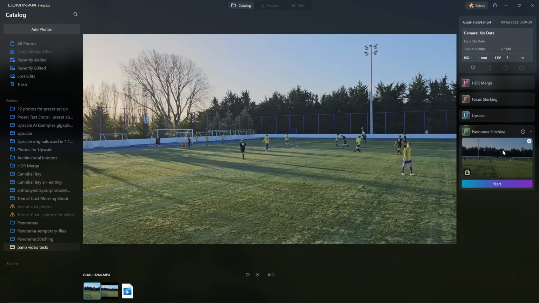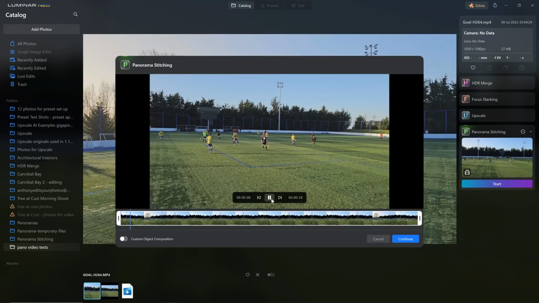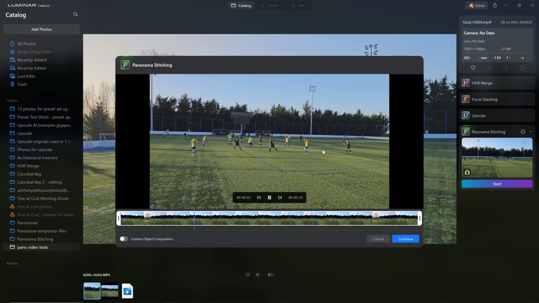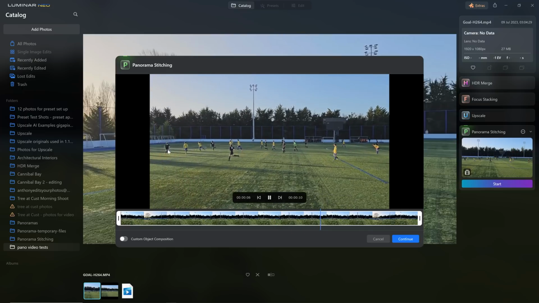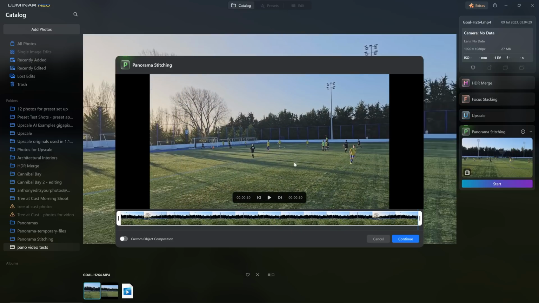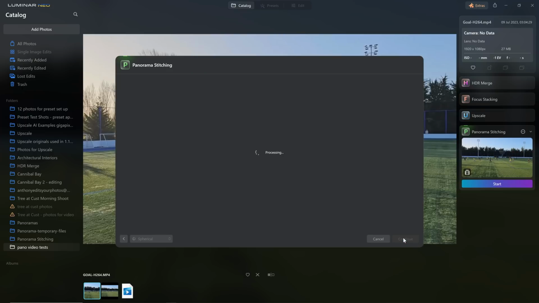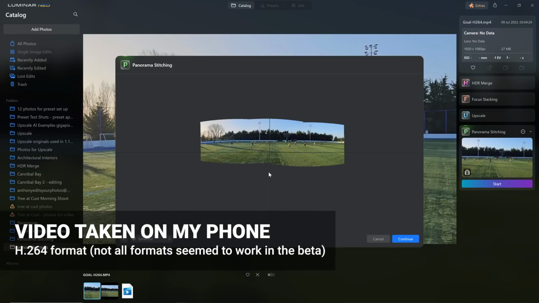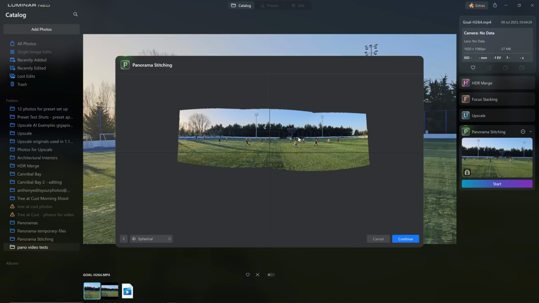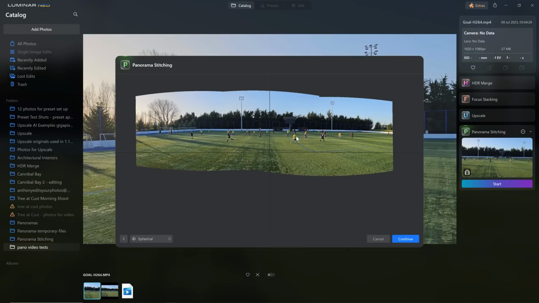So I'm just going to drop that video in there and click start. And as you can see, as we play through, it starts from the halfway line and the camera rotates all the way to the goal as the ball follows on through there. So there's enough visual data to capture a panoramic scene. So all I need to do is click continue. Luminar runs its processing again. And just like that, just like before, we now have an image from our video,